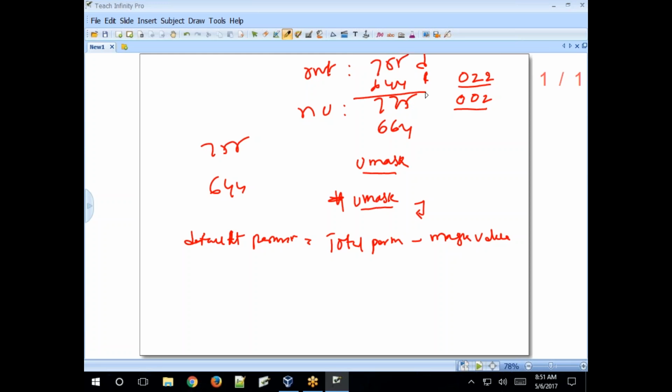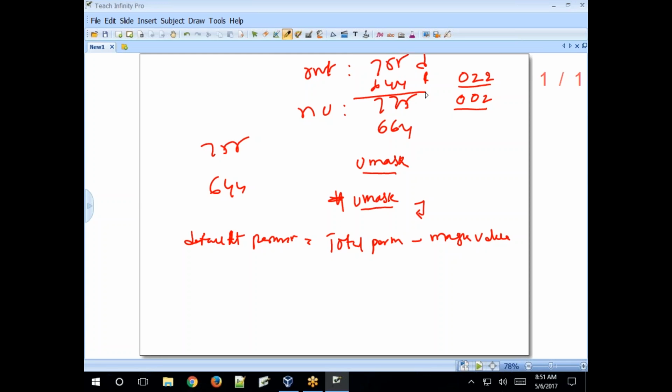If you create any file, the same permissions will be applied. If you create files with the root account, the permissions will be 755 and 644. If you create them with a normal user account, the permissions will be 775 and 664.